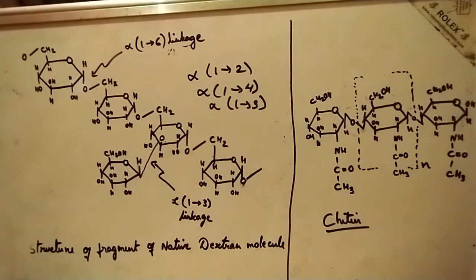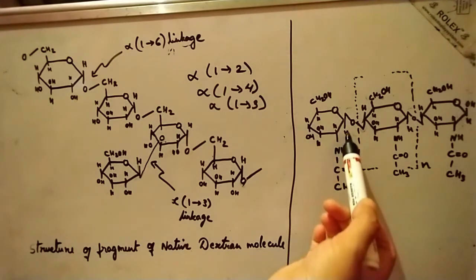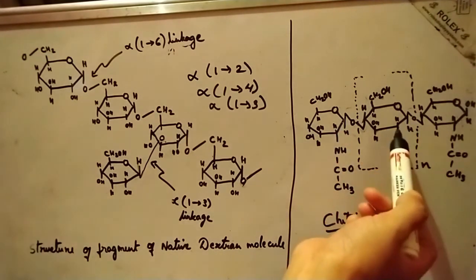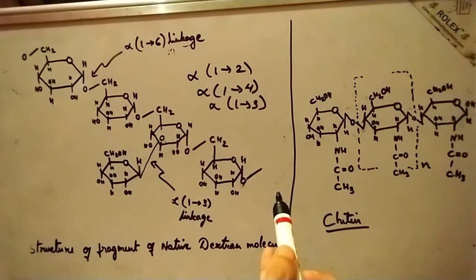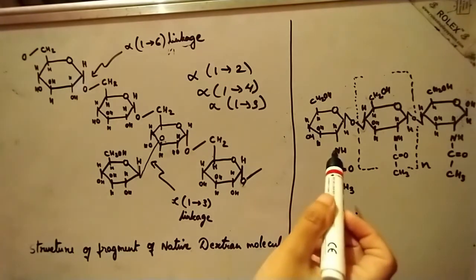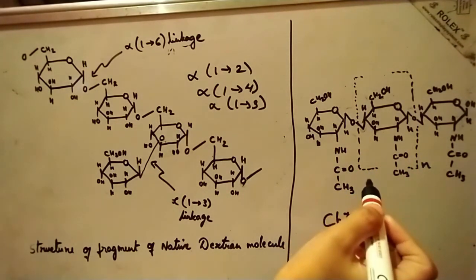Chitin is closely related to cellulose, and here the alcoholic group of carbon atom number 2 of the beta D-glucose unit is replaced by the